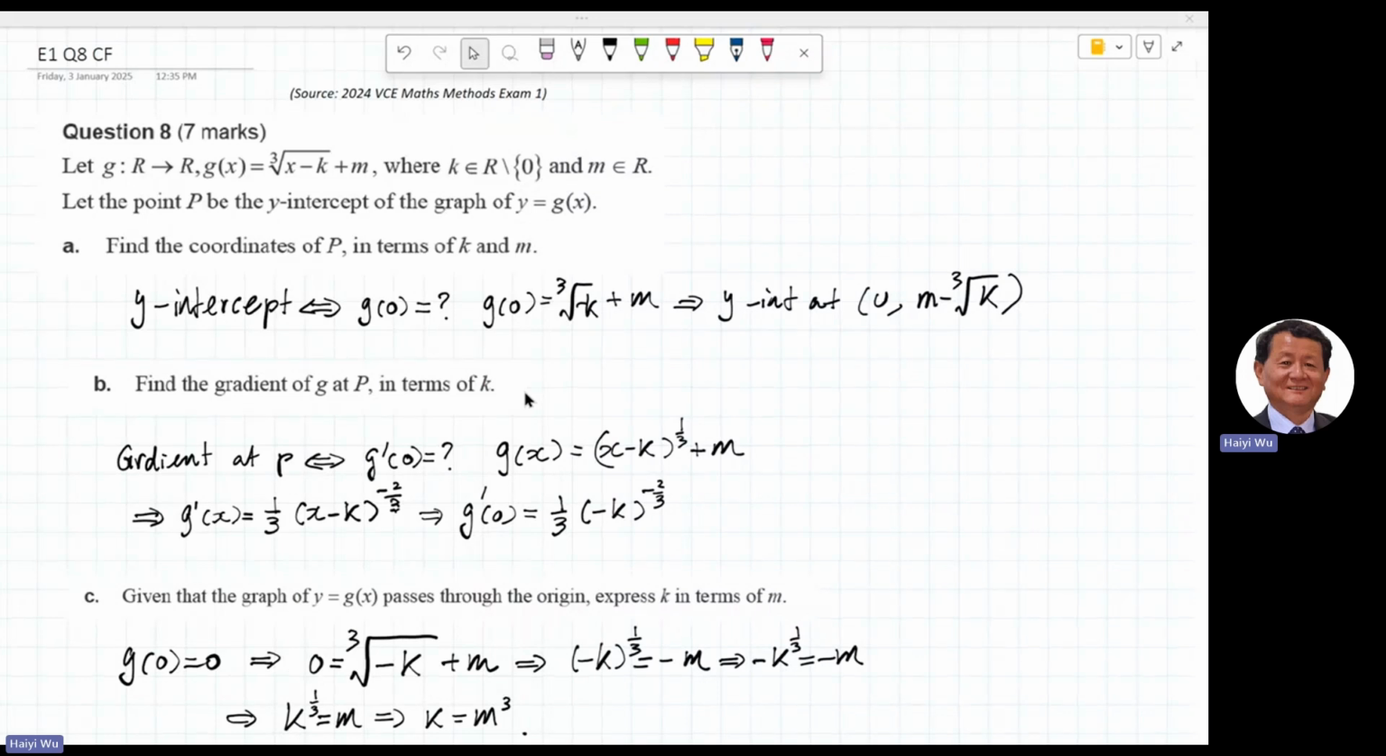Today we're going to solve a long question. It's about the exponential function, differentiating the exponential function, and also solving